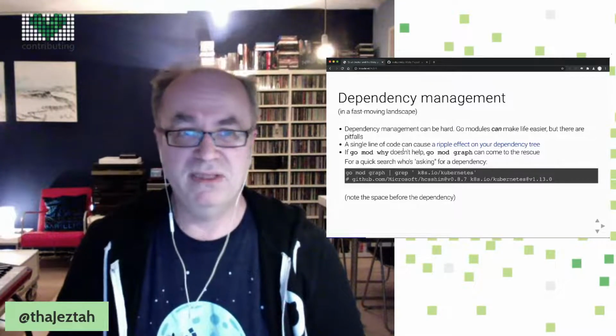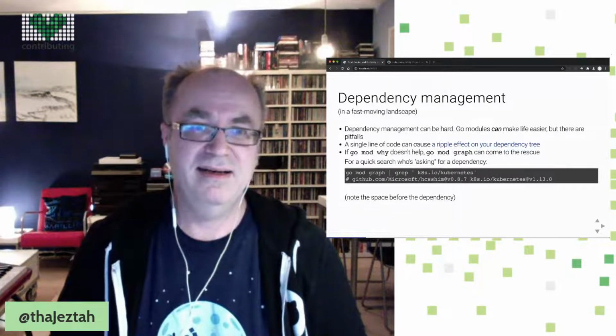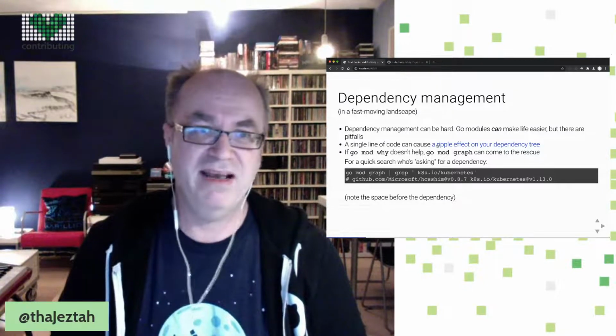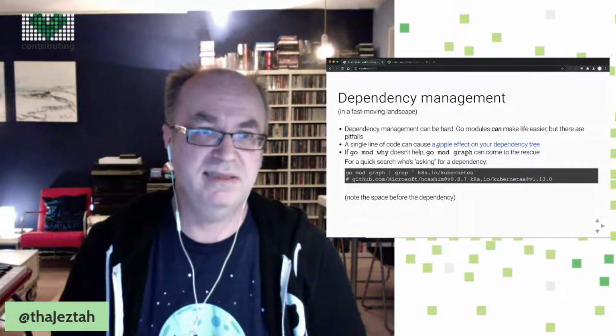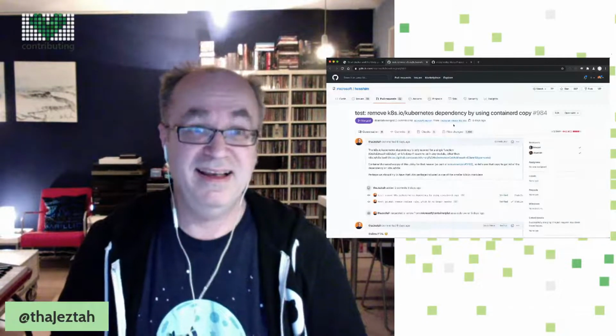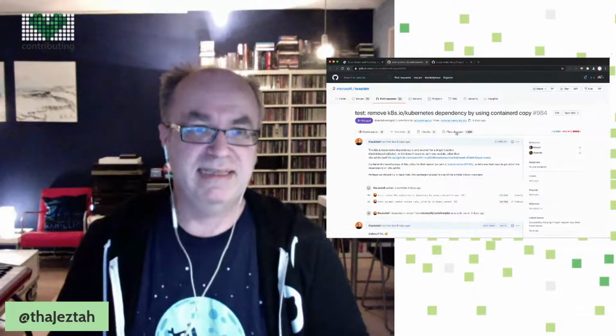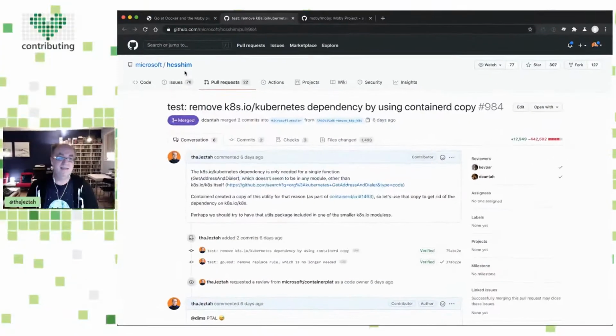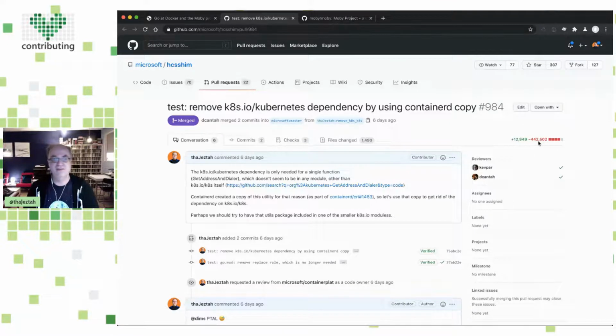Fun things if you have a big project and a lot of dependencies is that a single line of code can have a huge impact on your dependency tree. A fun example was just the other week, I think, where a single test utility was used in a dependency we had in Containerd, and just removing that one utility got rid of 400,000 lines of code, which is a big saver, of course, but it makes it clear how easy it is to get a whole dependency tree added to your project.